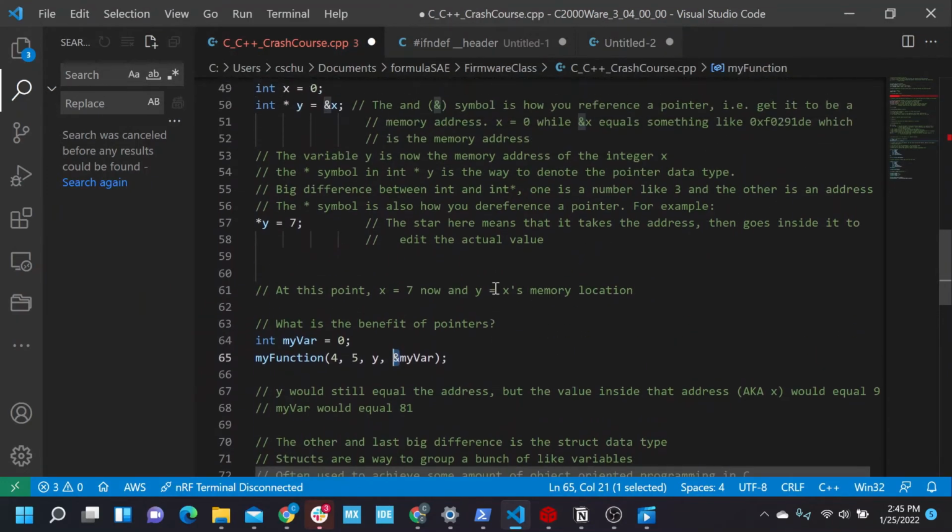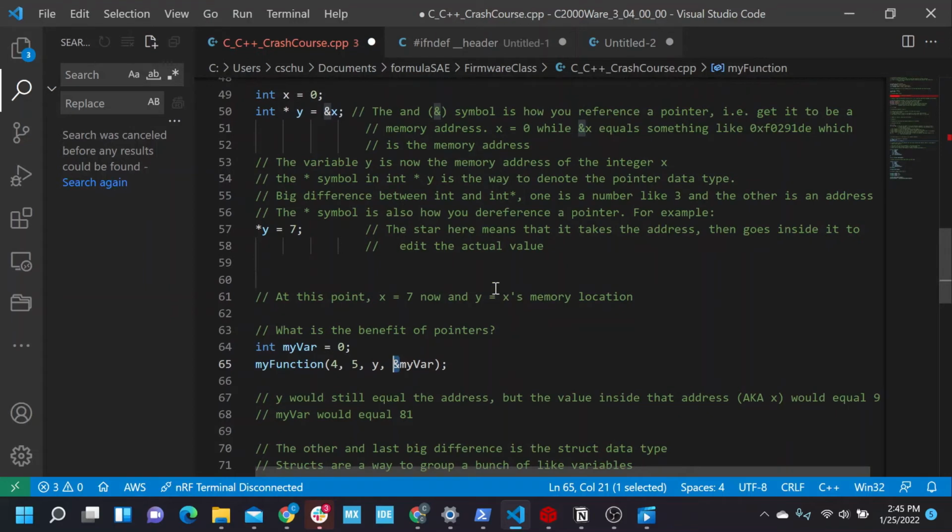So that's pointers for the most part. People tend to not really understand them until they use them. They seem confusing, but as you get to use them, they make a lot more sense. I personally would recommend just writing bogus functions like I did, and just trying to pass in pointers of different